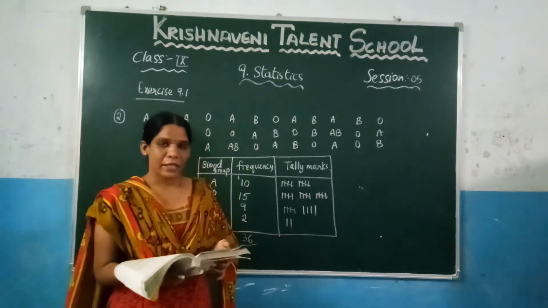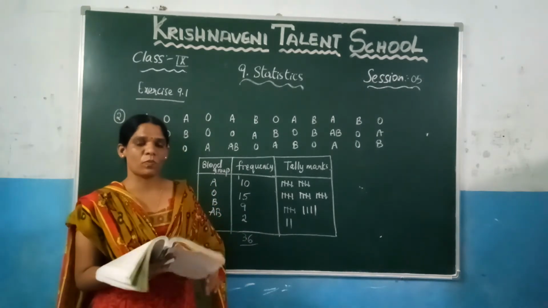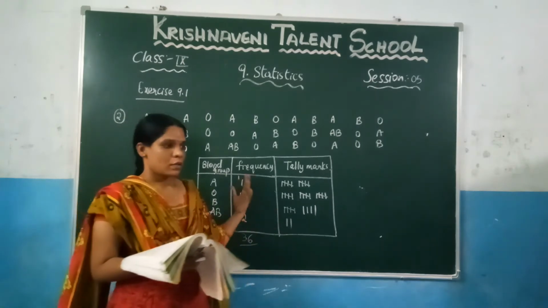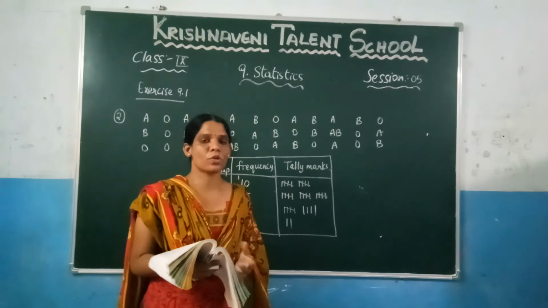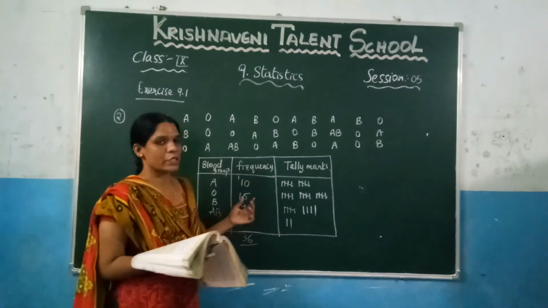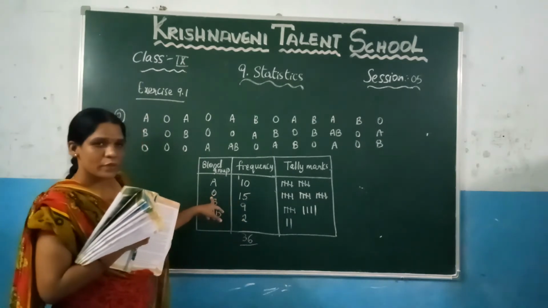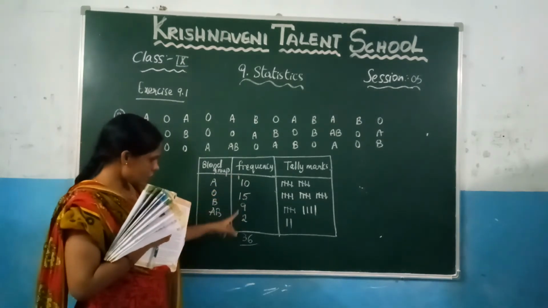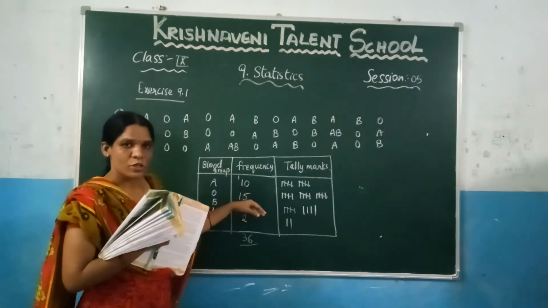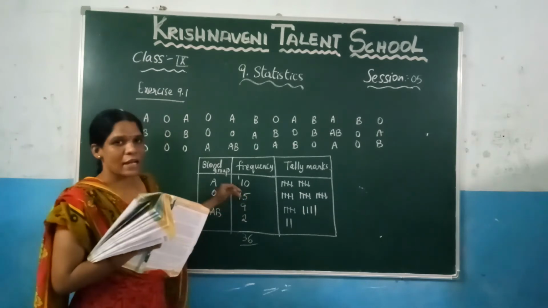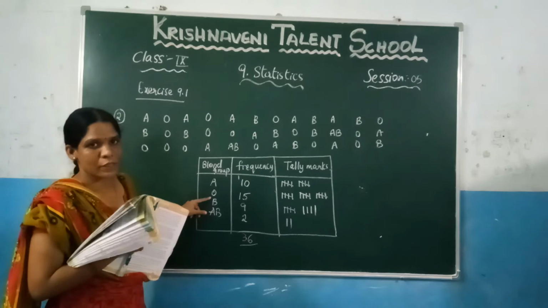And after that here what is the question given here? What is the most common blood group? Most common blood group means maximum number of students who are having the same blood group. That is nothing but the most common blood group, right? Here that means you need to find the maximum value. So here who got O, right? Here you can consider based on this data. You can observe here 15 is the largest number. So here 15 students are having the blood group O. So we can say that O is the most common blood group, right?